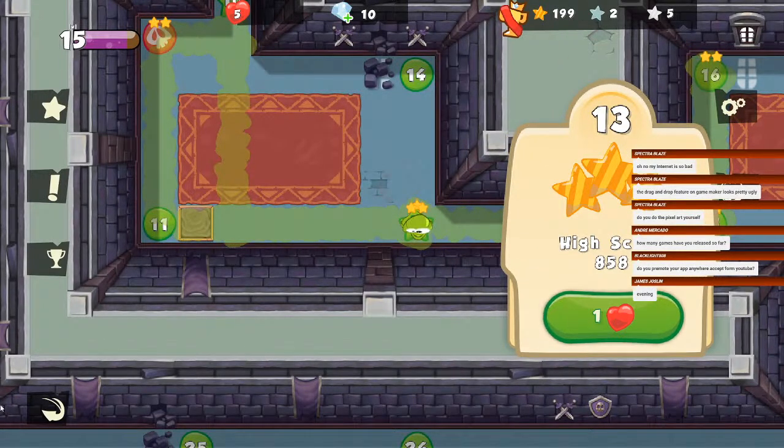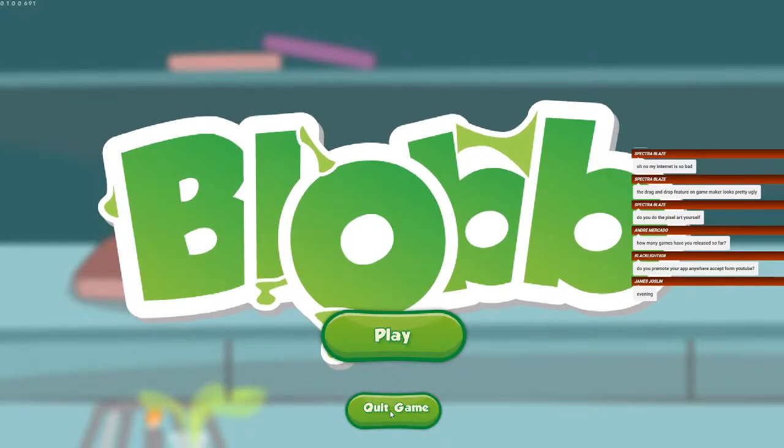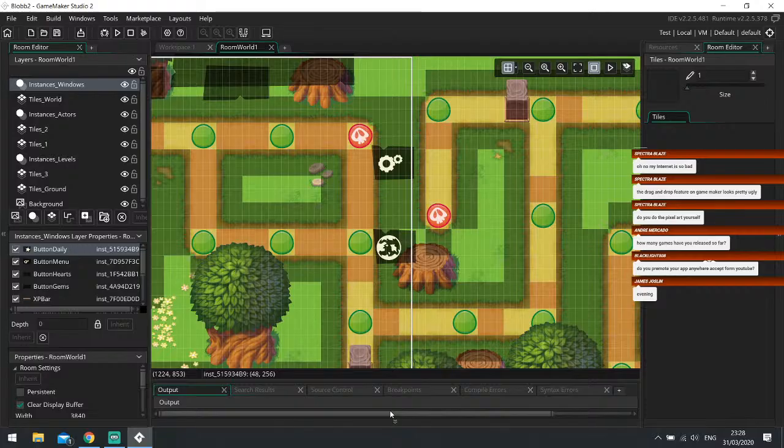I'm trying to think what else there was. Let's talk about the plans going forward. So the plan is, again, this is all dependent on how well the game does. Overall, I really hope it makes back the money it's cost. If I don't count my time, the actual monetary cost of the game's development